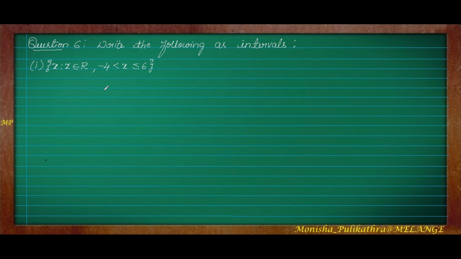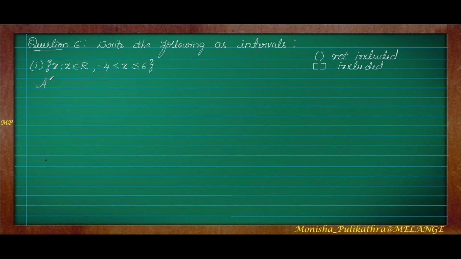So moving on to the sixth question. Here we have to write the set in interval form. I will tell you what interval form is. If we use this round bracket, the normal bracket, it is said to be not included. If you use round brackets, it is called not included, whereas if we use a square bracket, it means it is included. So according to the bracket, we have to write this interval.